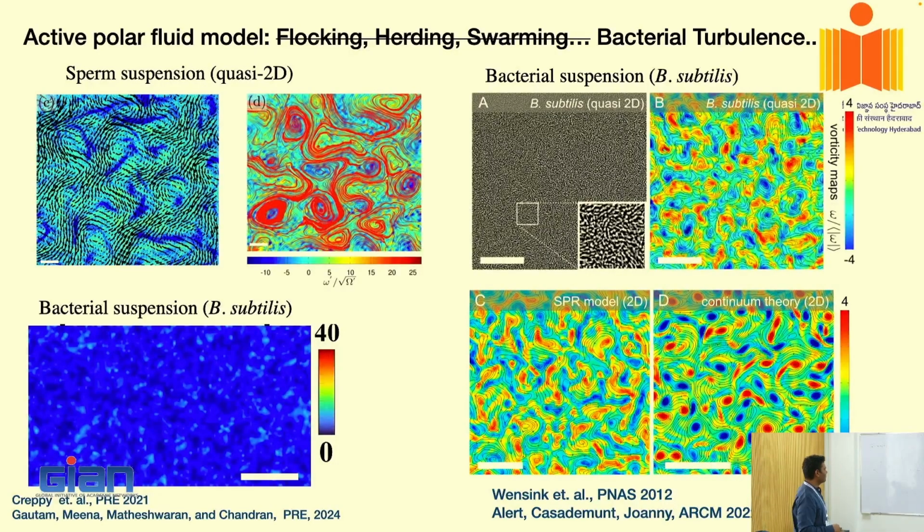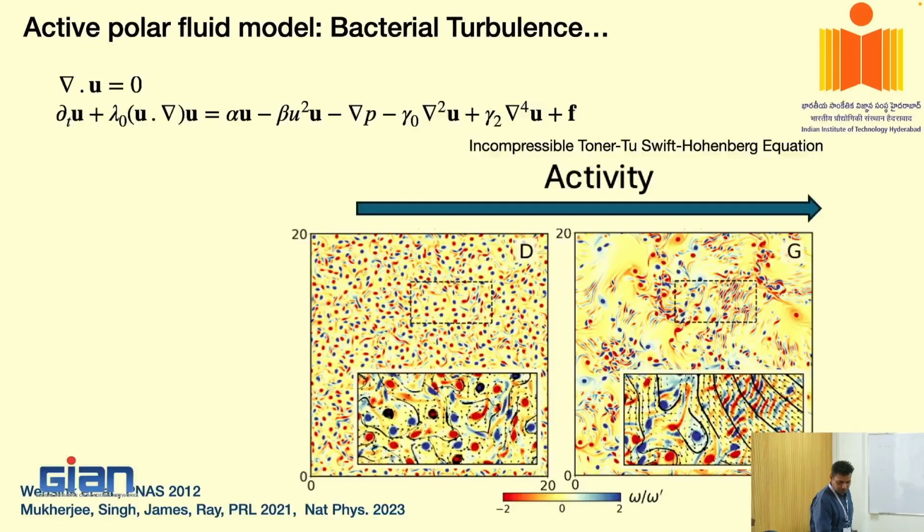Okay. So you can see that the structures are usually of the mesoscale size, and this has been the story till 2020 or something like that. Now let's try to understand what modification you need to do in the equations. Again, in the same paper, Wensink et al., the group of Yeomans and Goldstein, Jörn Dunkel was the one who did the modeling, right?